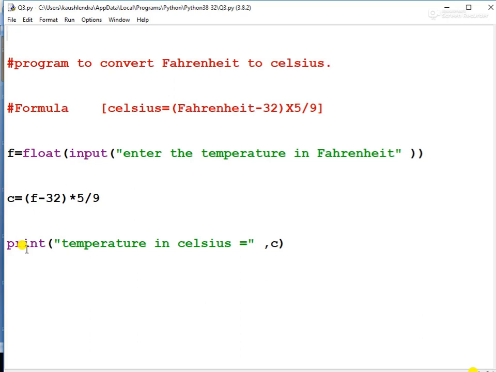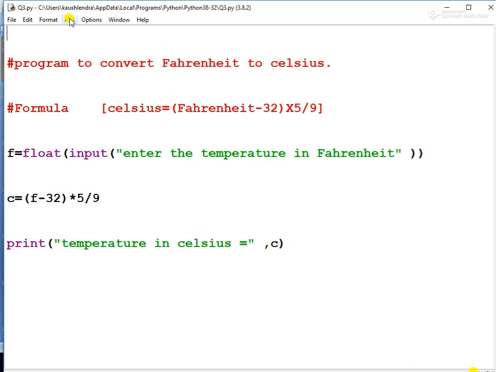Then print the result. How can we print the result? By using the print function or command. Print followed by braces. Inside the braces you can write your message. Separate the message from the variable. Write the variable name and close the braces.